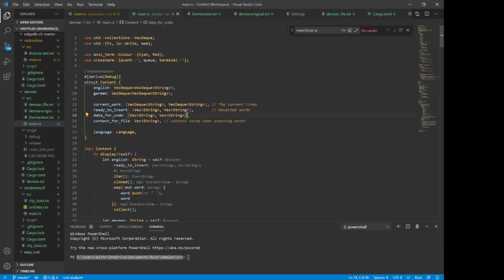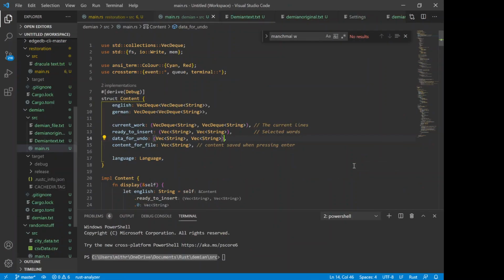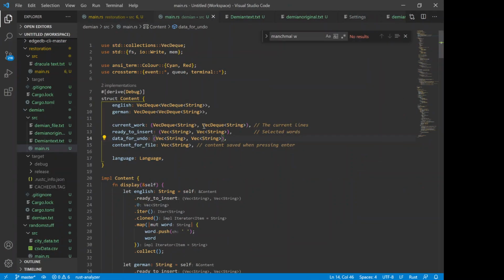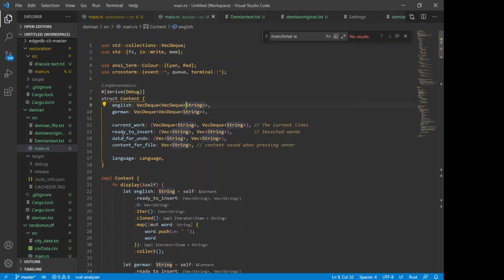And I don't know if this is the best code, the best way to do it. You can look at it as we go through it, and maybe suggest any changes, but it's good enough for me. So anyway, here's the way it works. I did everything inside a single struct, and just called it content.